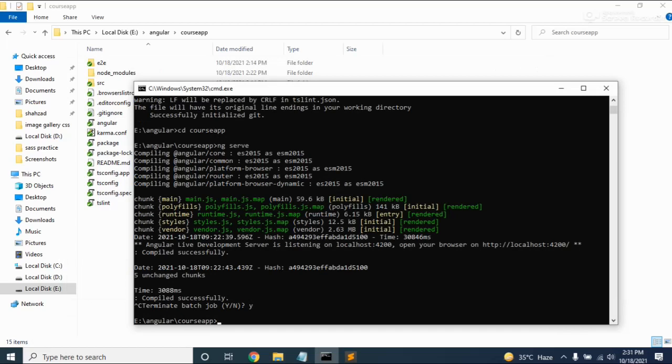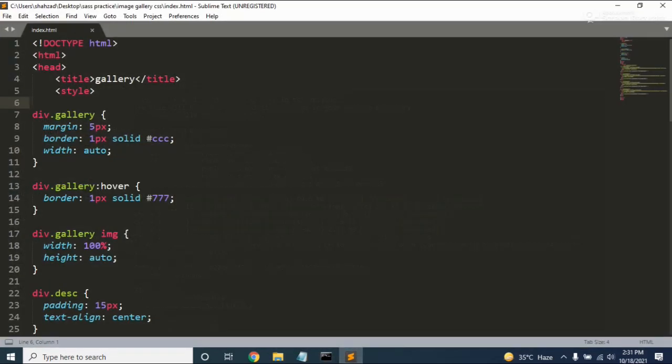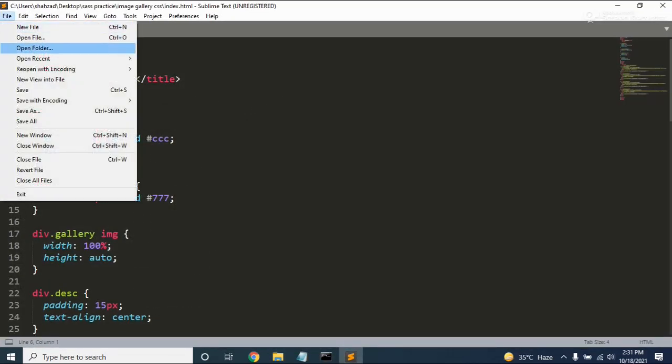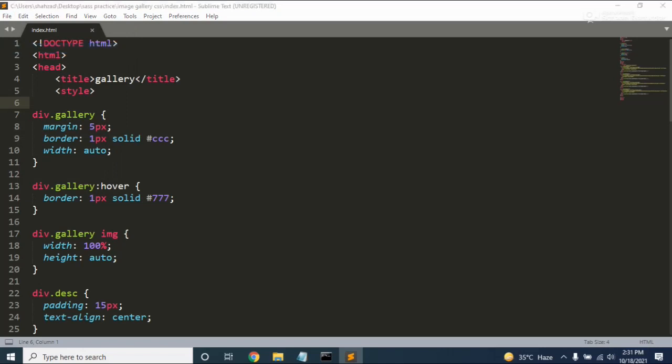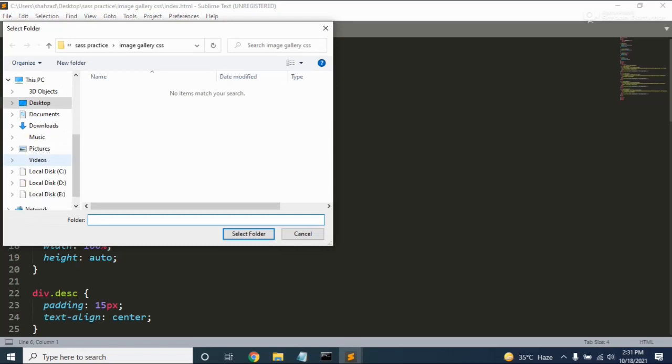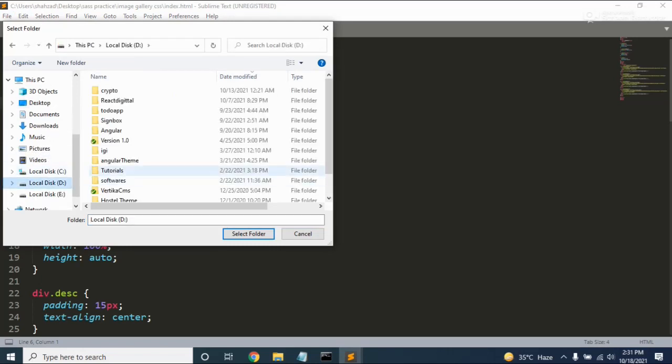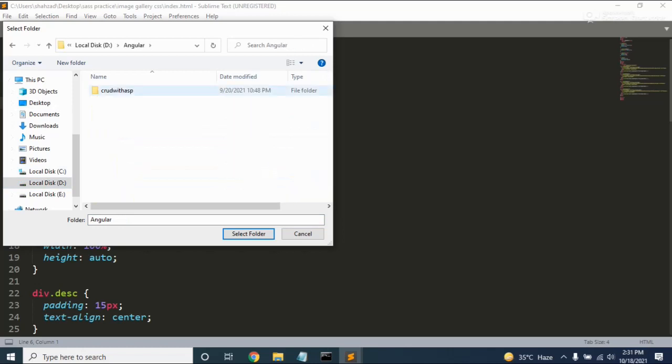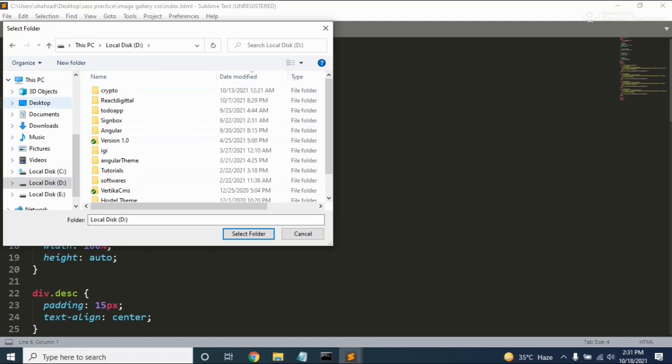Visual Studio is taking a problem, so I have a Sublime Text editor here. I'm just going to open my project from the open folder, and I'm selecting the directory where my project has been located. So we have Angular, yes, like this. I'm really sorry for this.